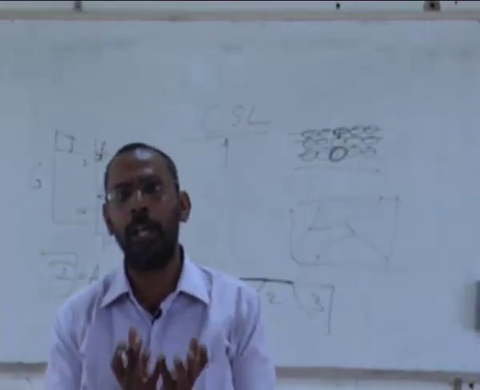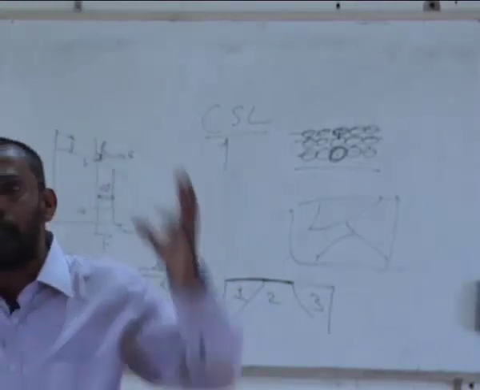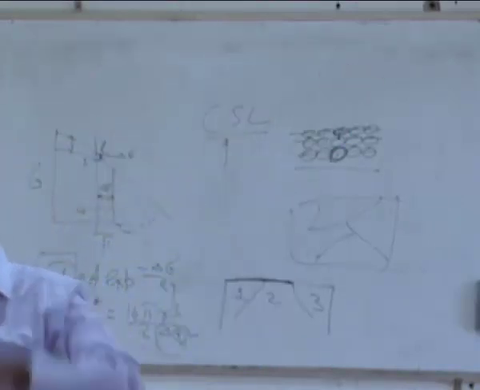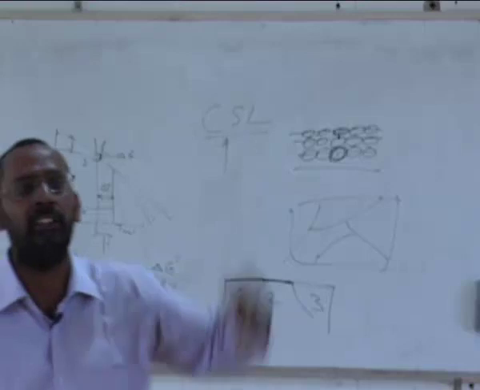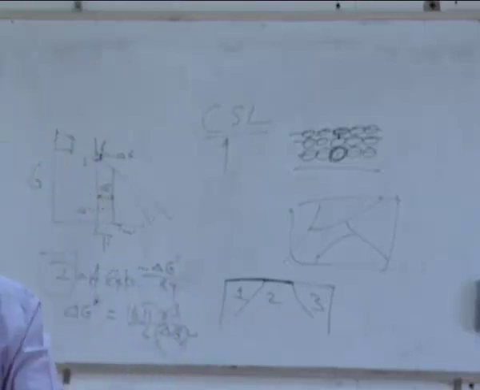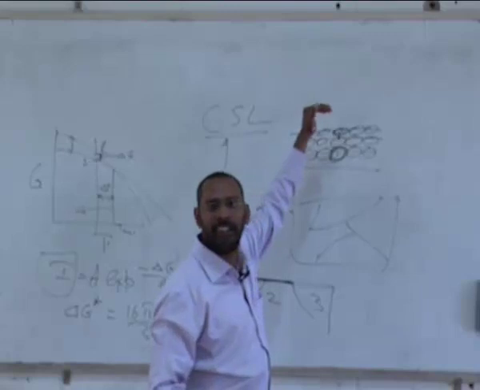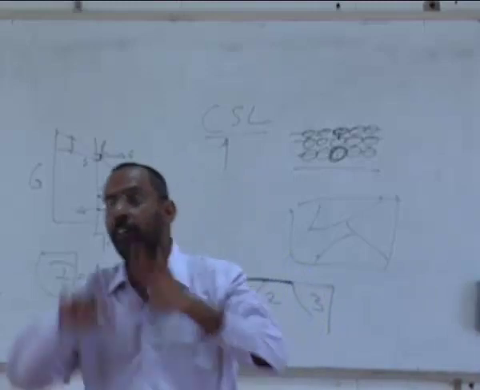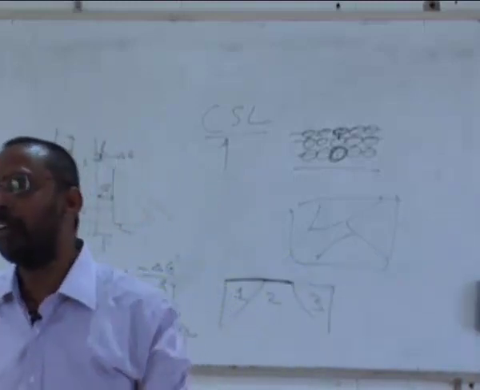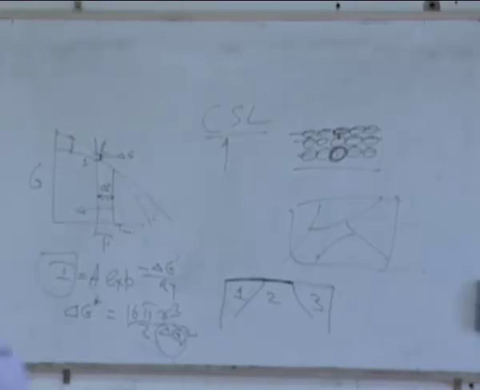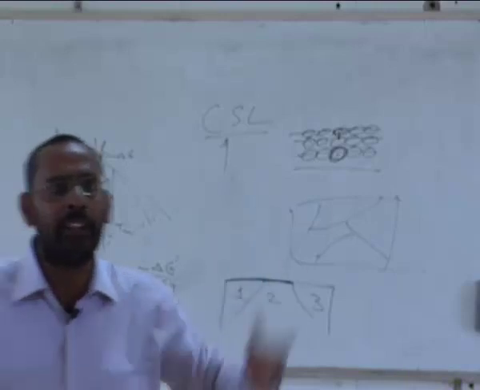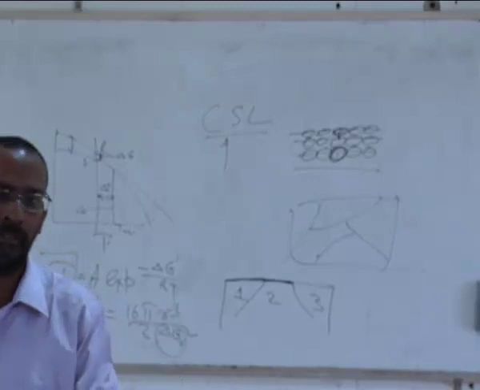So it is in a low energy state. Whenever an atom is bonded with all 12 neighbors, it is in a low energy state. If it does not have some atoms with which it can bond, it is in a high energy state. We call it an excited state. So all the atoms on the surface have certain energy, and this energy will be different for different planes, depending on the coordination number of that unit cell and the packing density of that particular plane. If it has more packing density, the tendency is that more broken bonds per unit area will be there.